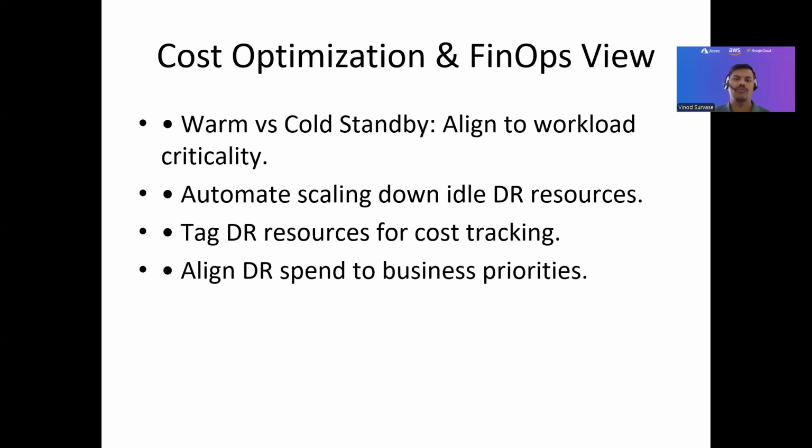Then there is a view of cost optimization and FinOps, or how we can implement FinOps into the BCPDR strategies, right? It's definitely something which is going to cost a lot when it is not planned appropriately, including storage or workloads that we are going to host across the different regions or multi-region capacity, right? So in that case, we need to decide whether it is a warm or cold standby capacity aligned to workloads that are really critical for the business, systems and applications, right? Which also means automating scaling down for idle DR resources and tagging DR resources for cost